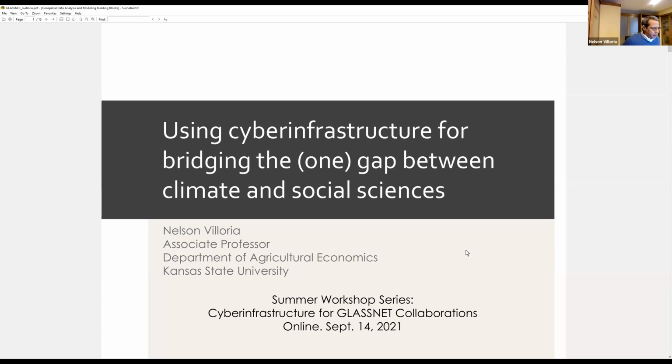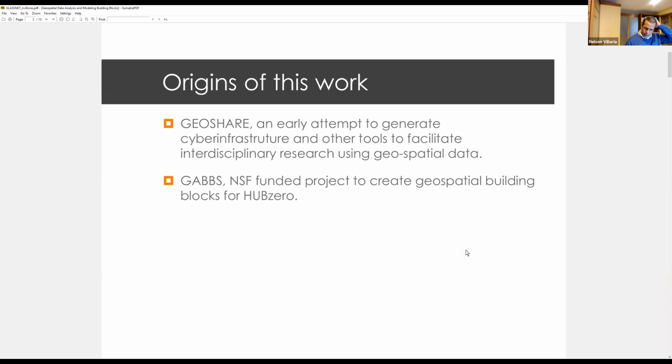I'm going to talk about an experience that we had. Carol, Tom, and I work very closely with this, and Christoph Mueller. I don't know if he's in the audience. That was about using cyber infrastructure for bridging at least one gap between climate and social sciences. I'm an economist by training. I'm in the lower part of the slide that Danielle showed. So I work with equilibrium models where generally we need outputs from data sets to run our models. So I'm going to talk specifically about climate